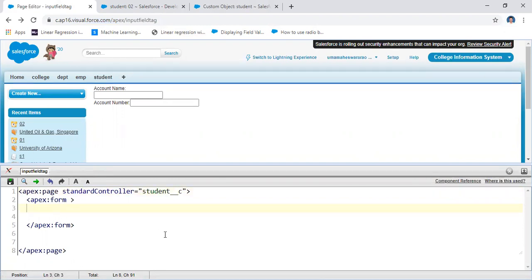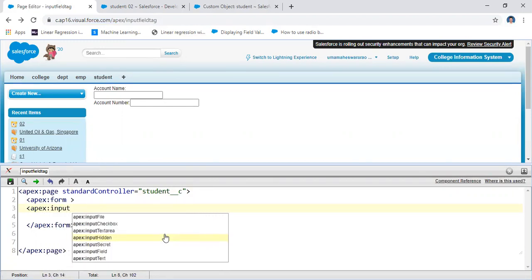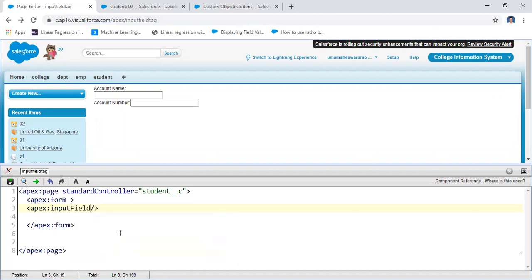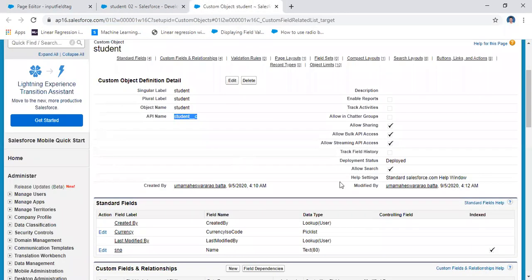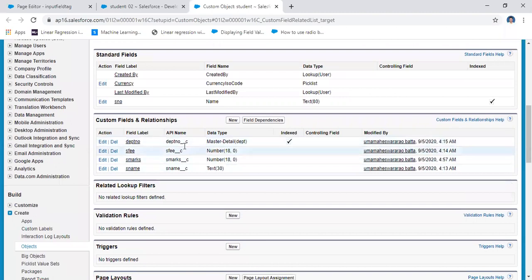For this custom object I want to get the field values, apex colon input field. Here how can you get the object value? The object values are field names, API names. With the help of the API name you will get the object value.